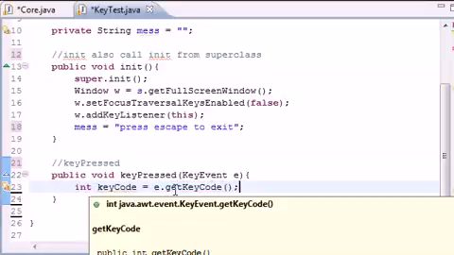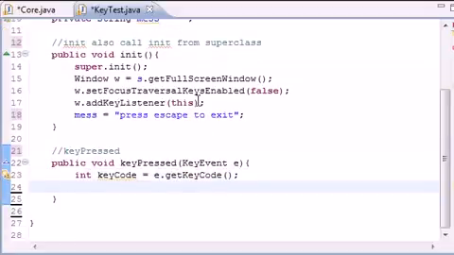Now let me give you a little background information. Every key on your keyboard has a key code, and this is kind of a weird way your computer recognizes the keys on your keyboard. The first thing we're going to want to do is note when they press down the escape key. Let me show you all these key codes. So if the key pressed down, if key code is exactly equal to key event dot,